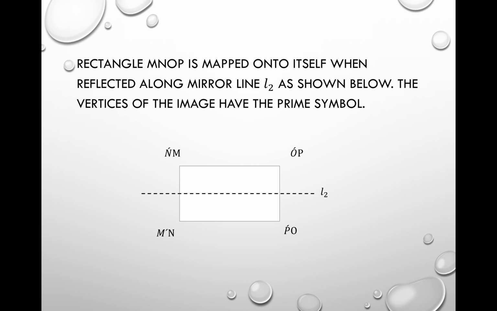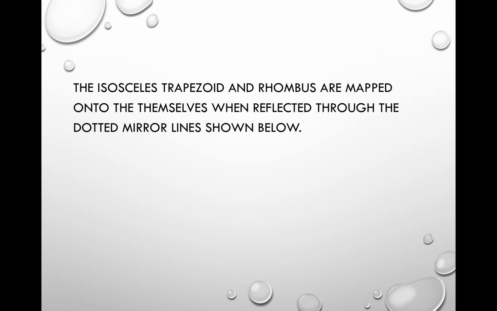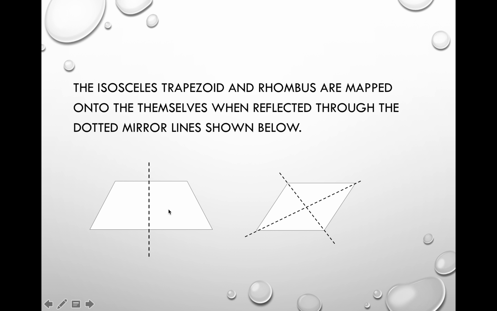3, 2, 1. So an isosceles trapezoid and rhombus are mapped onto themselves when reflected through the dotted mirror line shown below. So this is a trapezoid. Here is a rhombus. So if I want to know, when it says mirror lines, reflected through, mapped onto itself, there we go, mapped onto itself, it means I need to,